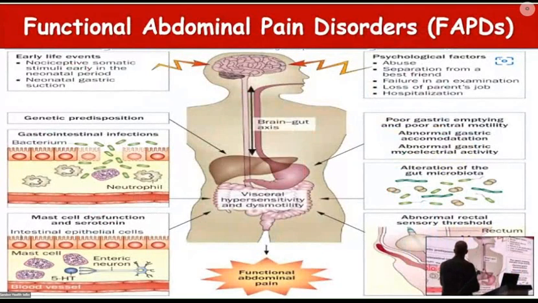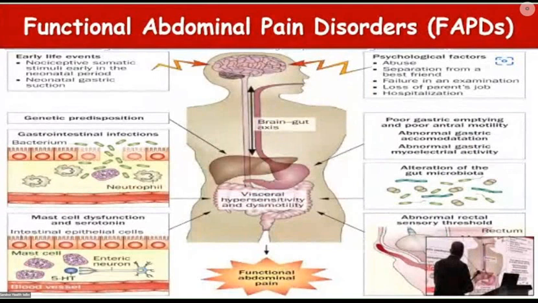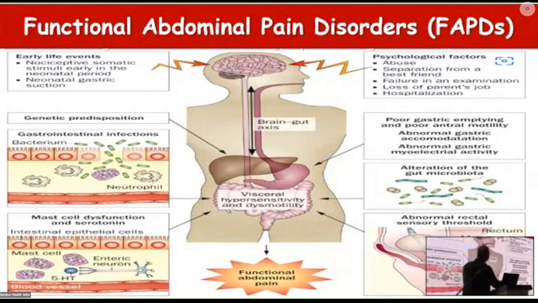It usually starts early in life by painful somatic stimuli or even neonatal repeated gastric suction, sometimes genetic predisposition, and gastrointestinal infections, exposure to allergen with mast cell dysfunction and serotonin release. All these factors, besides some psychological factors, any psychological factor, abuse, separation from the parents, separation from a best friend,